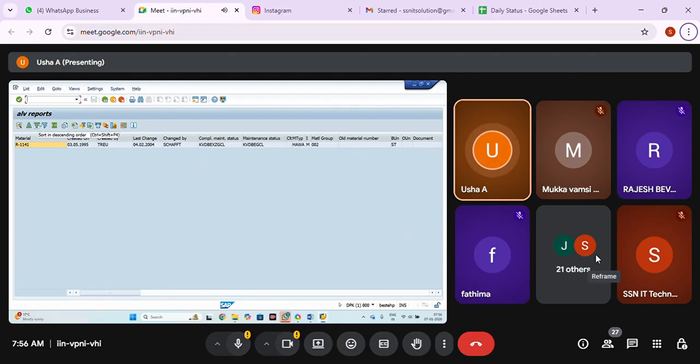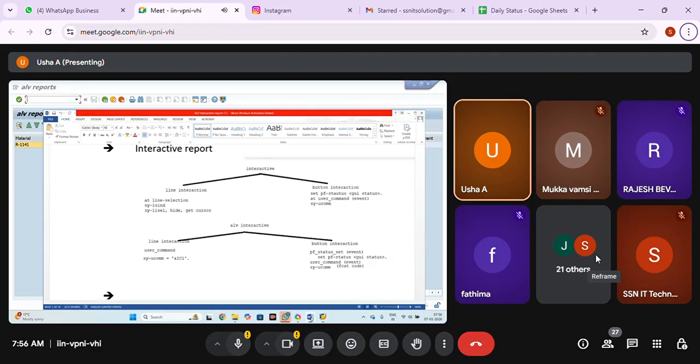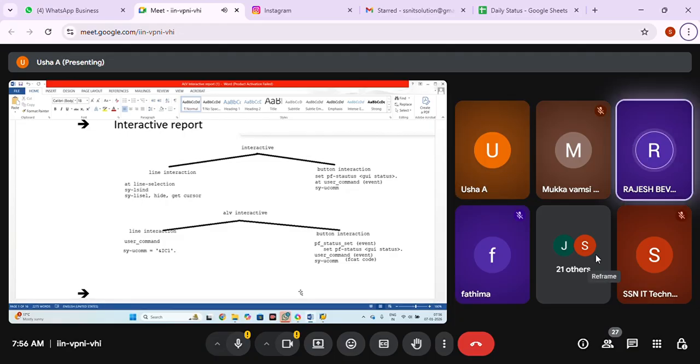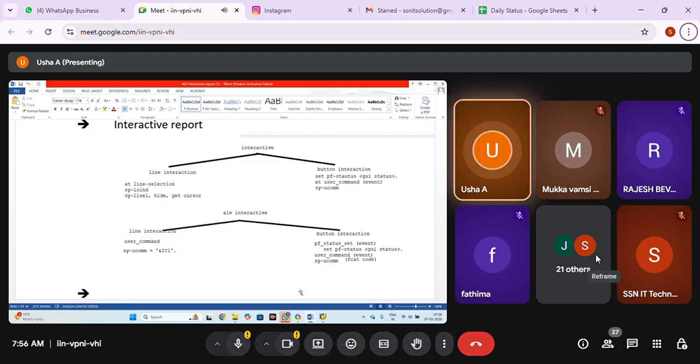Any questions up to here? No, ma'am. Okay. How we are going to know that it is line interaction? SY-UCOMM is going to store %_IC1. Okay.